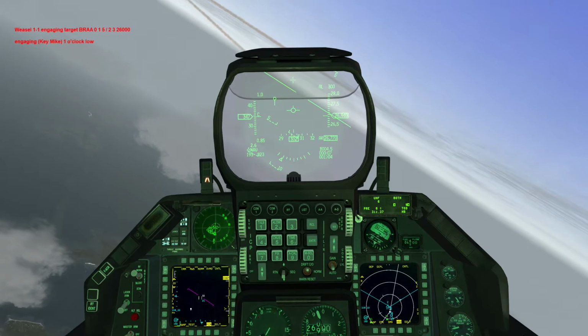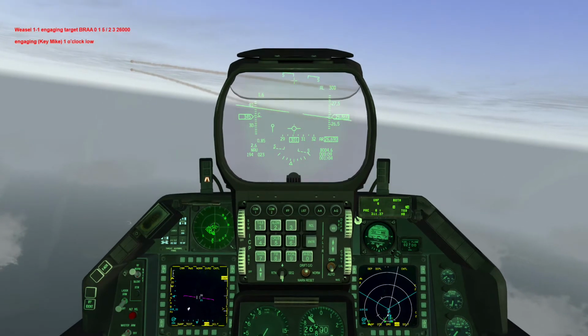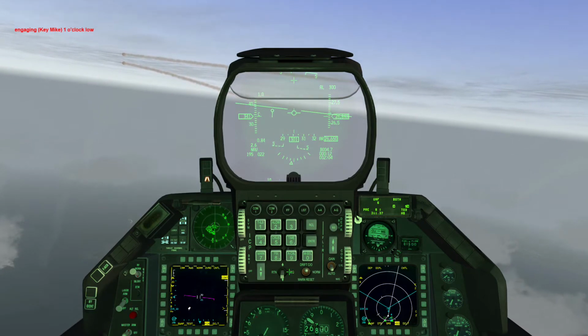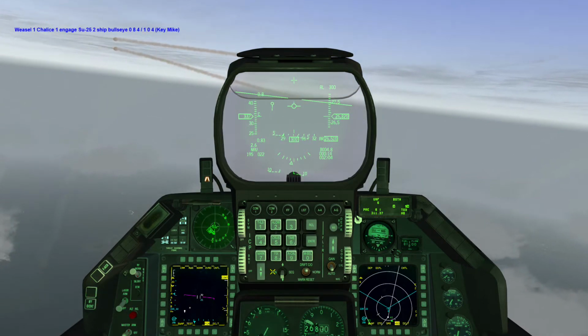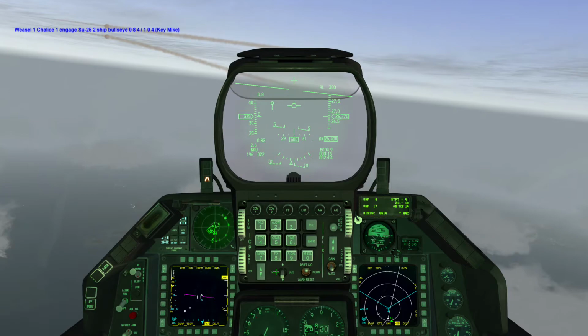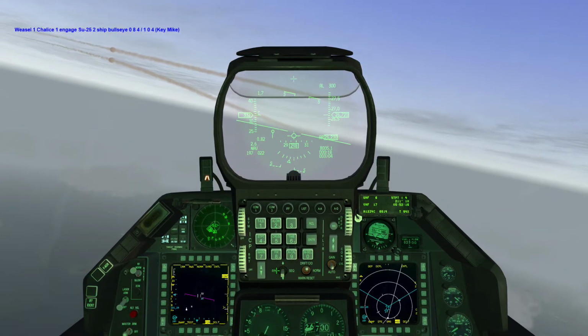And when 26,000. the pilot Engaging 1 o'clock low. Weasel 1 Chalice 1 when the engage pilot 225 2 ship bullseye